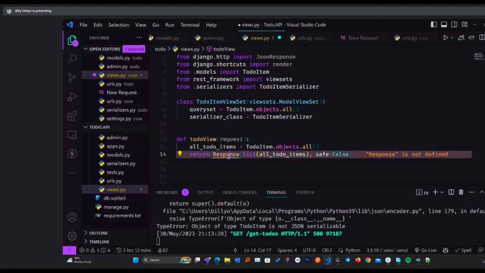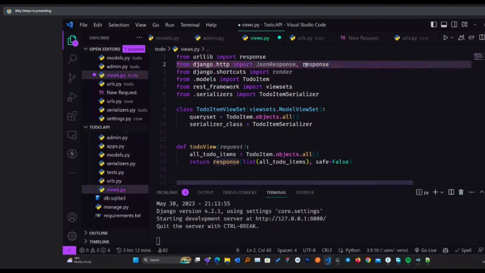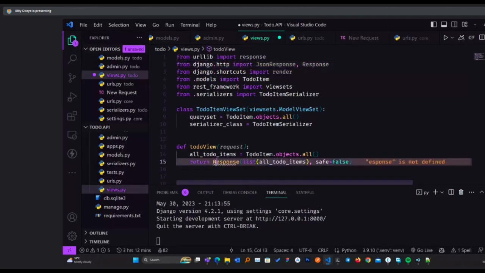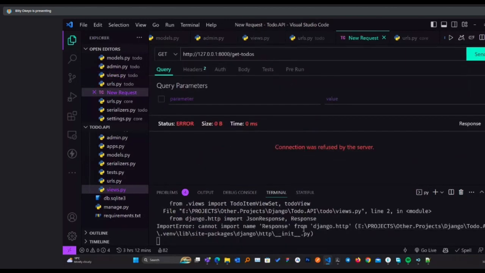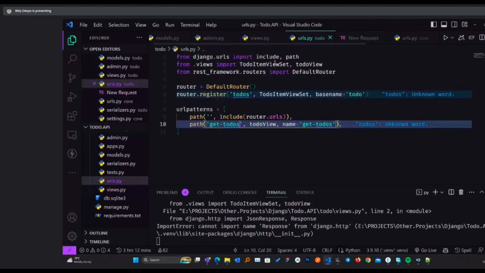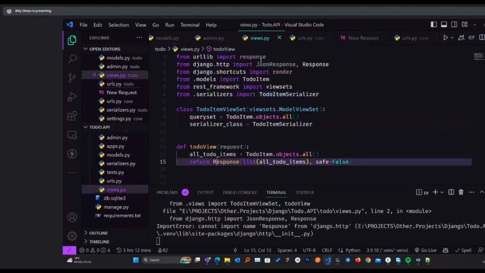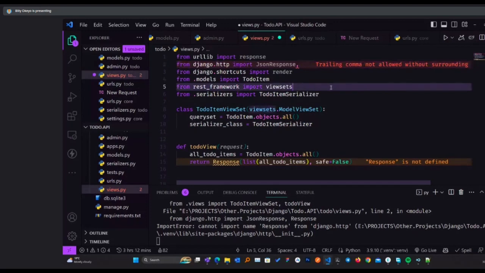Import that from the Django HTTP module, from this framework. Here. Response.